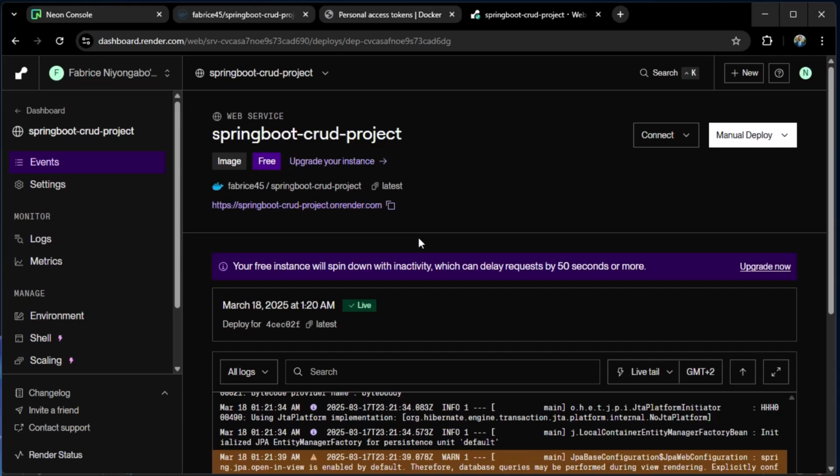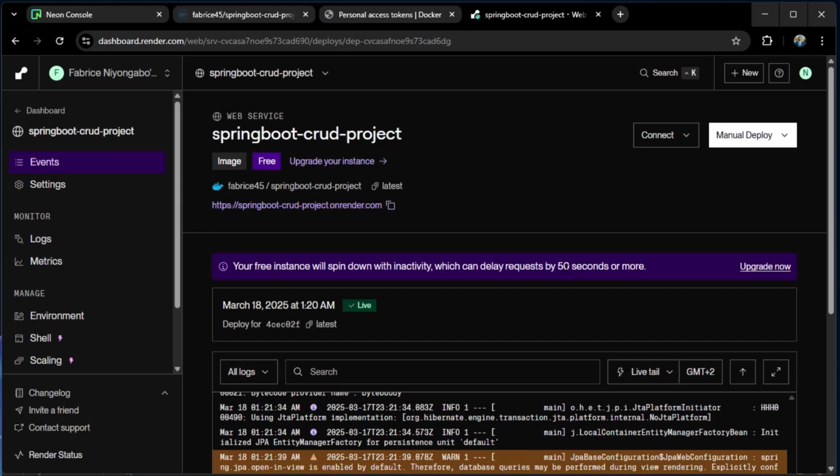So the next time we start using our application, there will be a delay which is almost 1 minute, and this is just because this is a free plan. But after that 1 minute of delay, your application will work as normal.